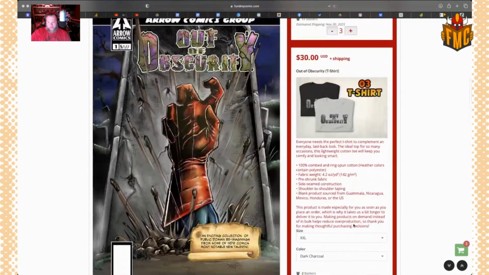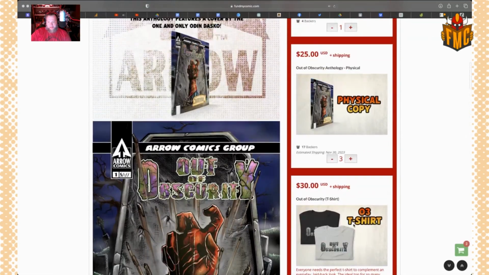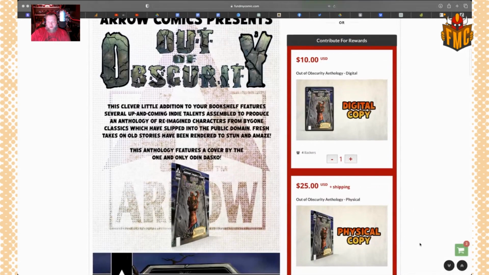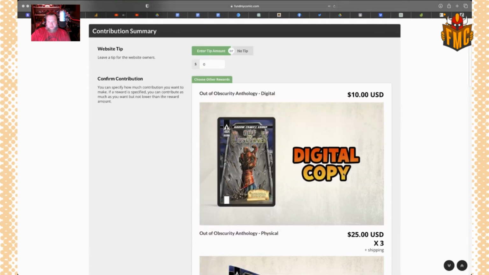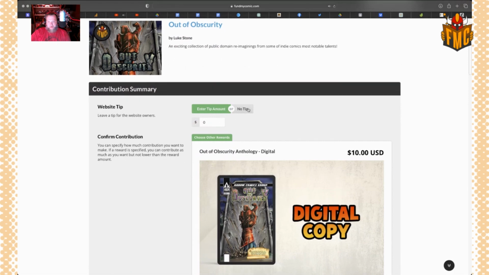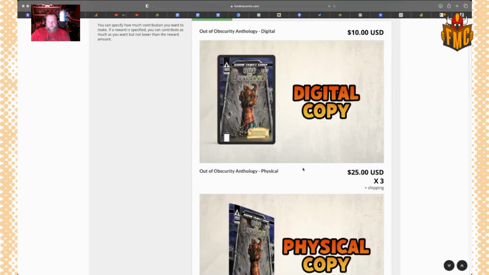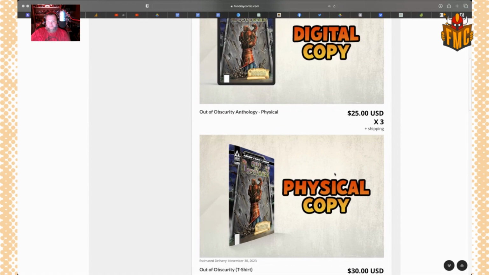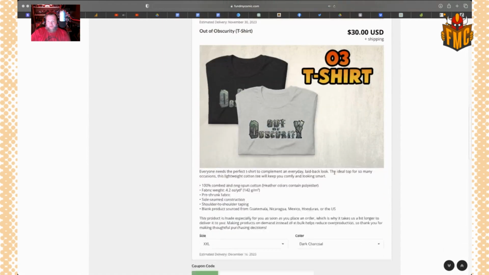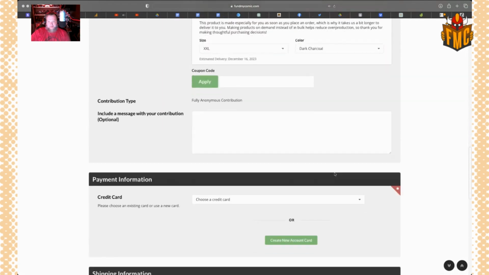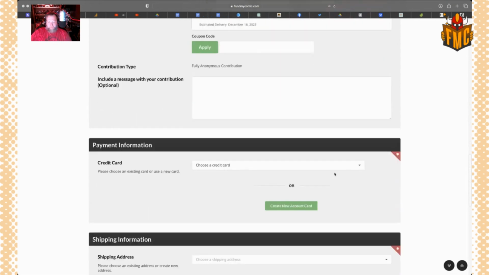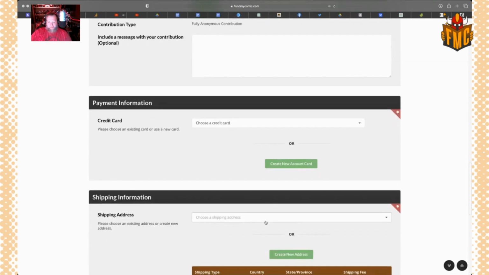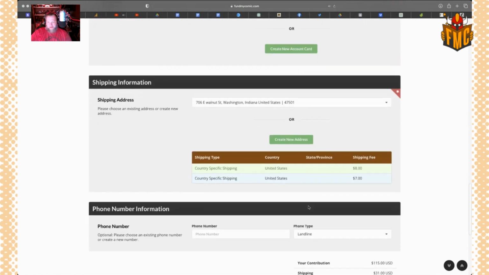What I want you to recognize here is that now that we've got all of these things in the cart, we have the ability to tip or no tip. It shows the digital, it shows 3 times the 25, and then it shows the t-shirt that we have available here as well. So I'm going to go ahead and put in my shipping address for my business here